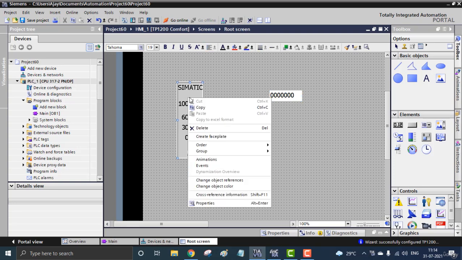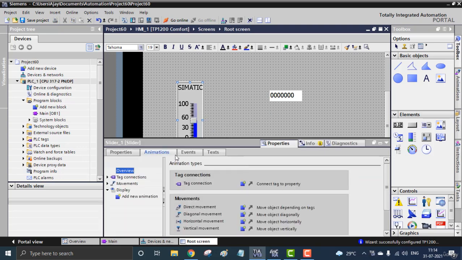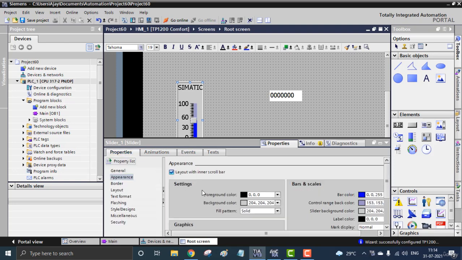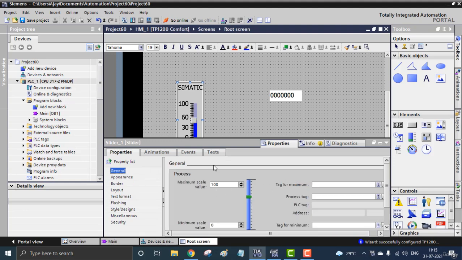Right click the schematic slider and go to the properties. Inside the properties, under general, you can see the minimum and maximum value, how much value I should provide through the slider.